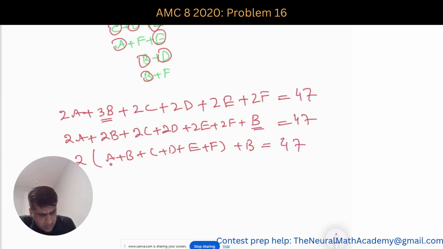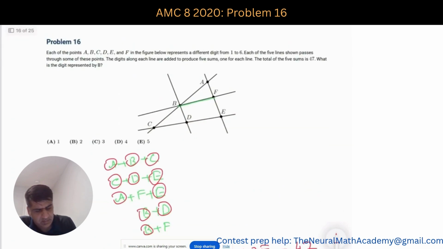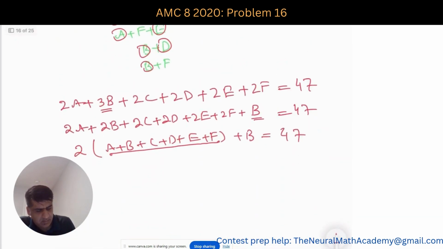So we are already told that the numbers are in the range of 1 to 6, right? And they are different for all the cases. So it doesn't matter what number we assign, but if I take